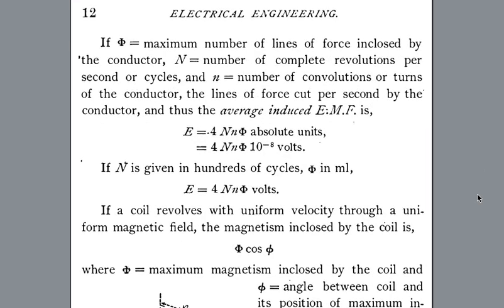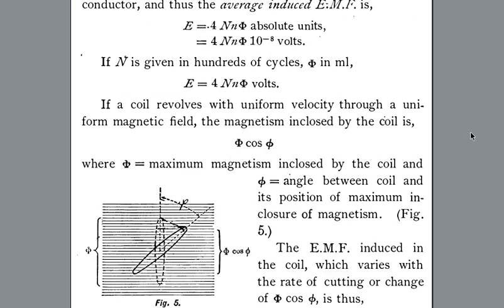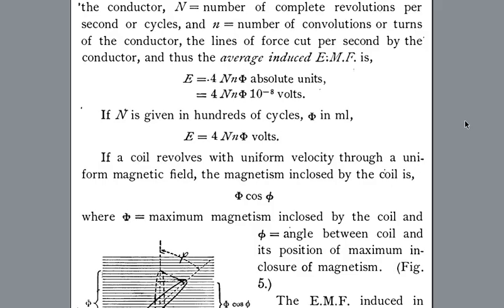If Φ represents the maximum number of lines of force enclosed by the conductor, and n is the number of complete revolutions per second, or cycles, and N is the number of convolutions or turns of the conductor, then the lines of force cut per second by the conductor, and thus the average induced electromotive force, is equal to 4 nNΦ absolute units, or 4 nNΦ × 10^-8 volts. If n is given in hundreds of cycles, and Φ is in millilines, then the electromotive force is equal to